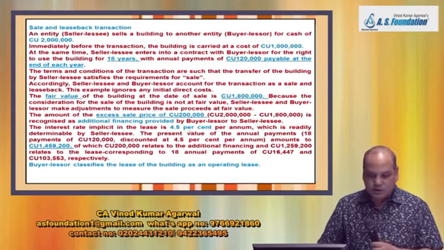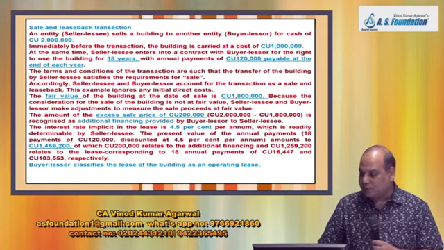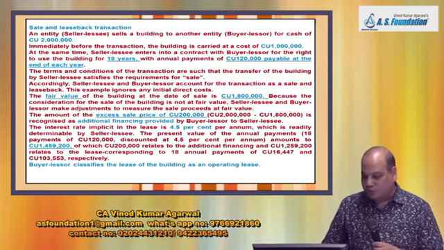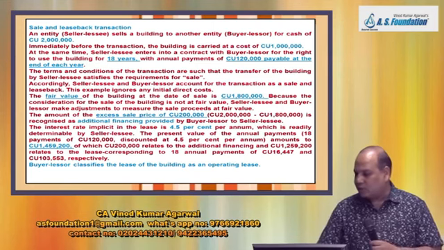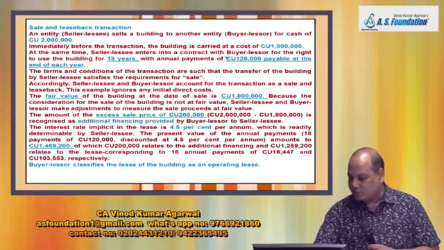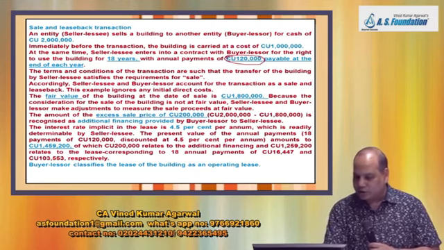Interest rate implicit in the lease is 4.5% per annum. Present value of annual payment: now this you have to do the calculation in the exam. How much is your annual payment? 1,20,000 per annum, 18 years,